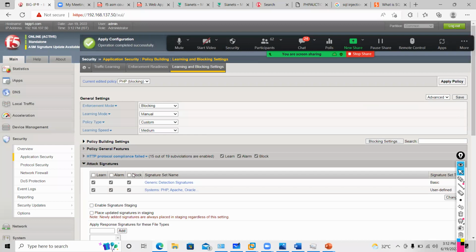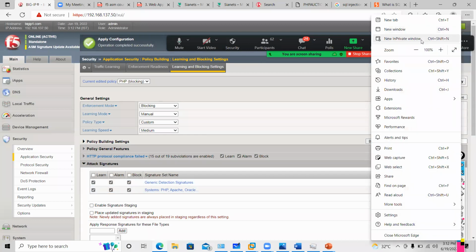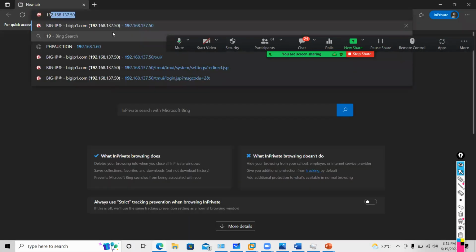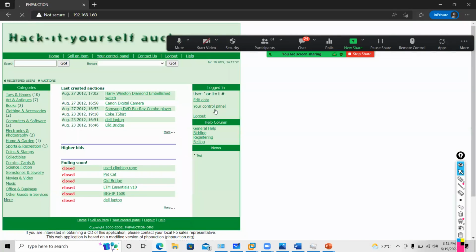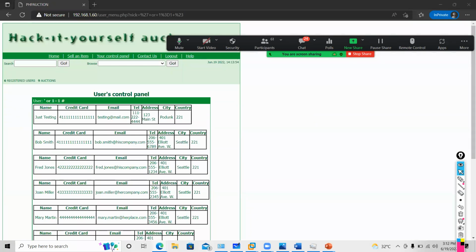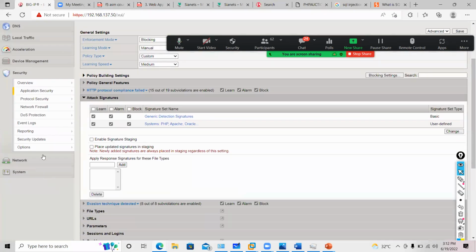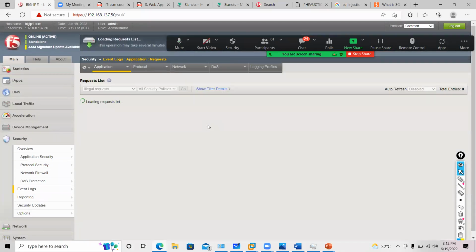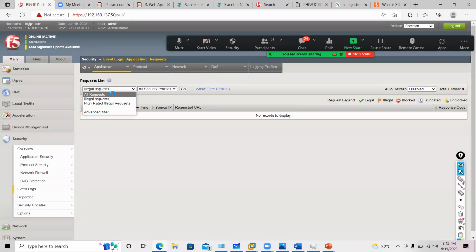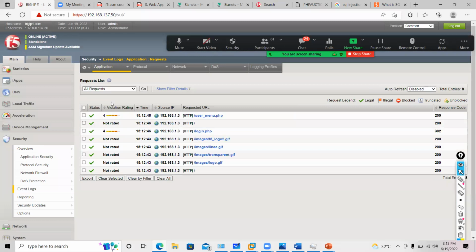Okay, guys, this is how. Now, if I open this 192.168.1.60 and enter it, sometimes it will show you. Now you will go to Security, Event Logs, Application Requests. So I'll say All Requests.